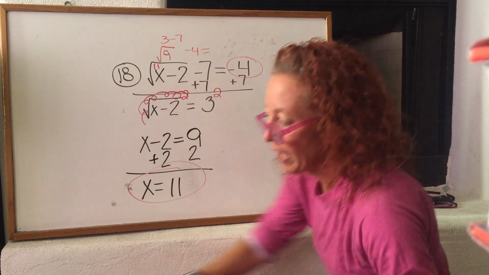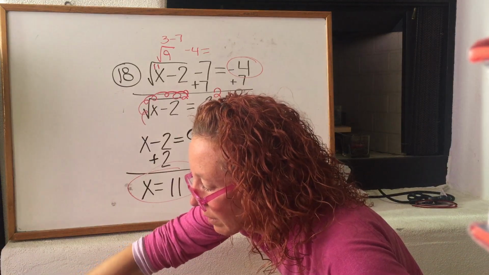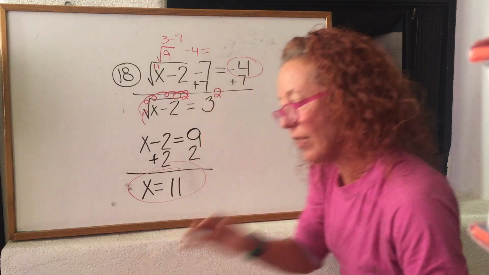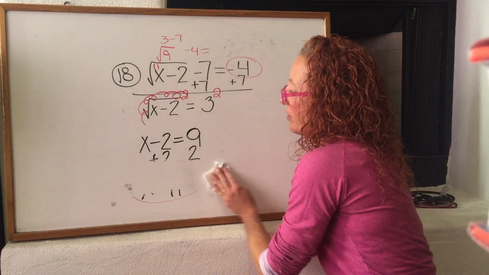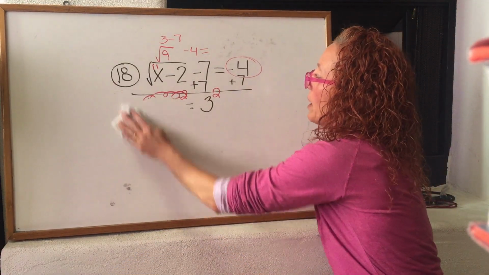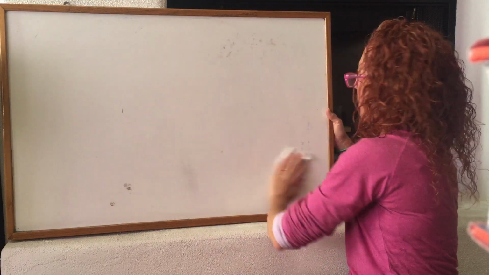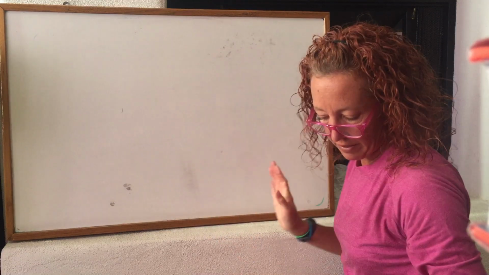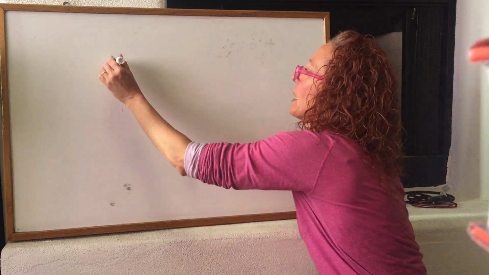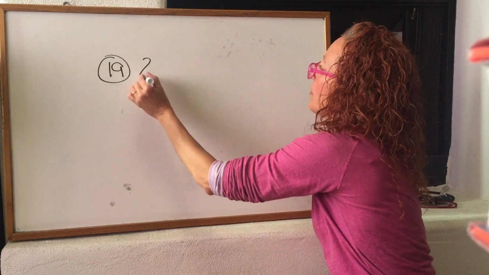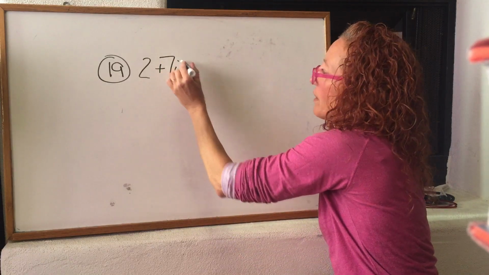All right, 19 and 20. Oh, 19 and 20. And then I think I'll stop that video and just do chapter 10 on one and the problems from chapter 11 on another, so that if you're looking for one specific one, then I can kind of go check on my family real quick. So I have 2 plus 7i